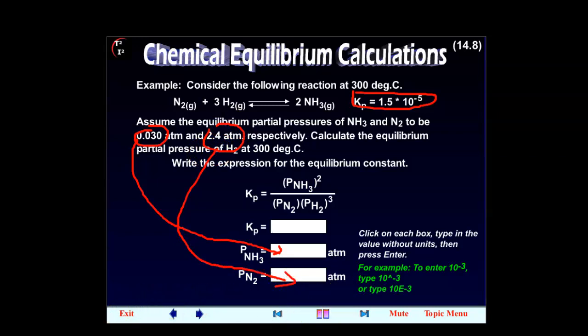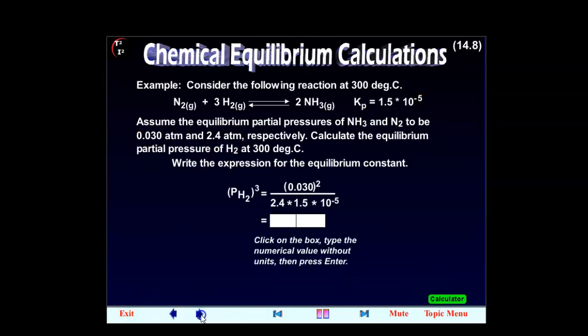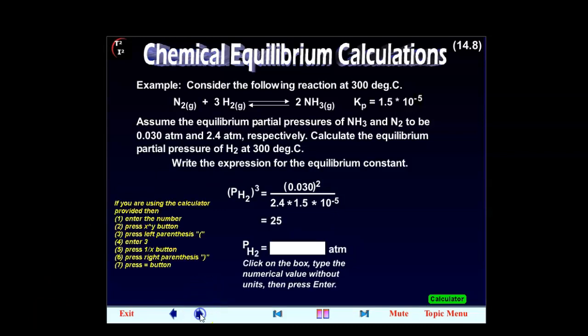All right, and then you just have to solve this problem. After you have plugged in the values, you look for the solution. All right, that should give you the partial pressure of H2 is equal to